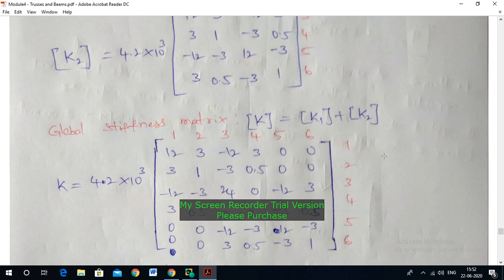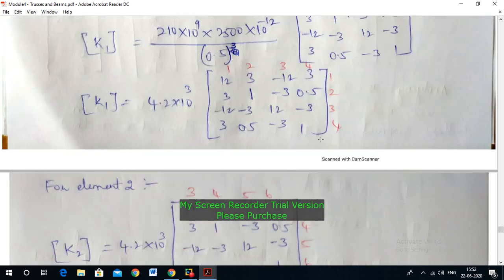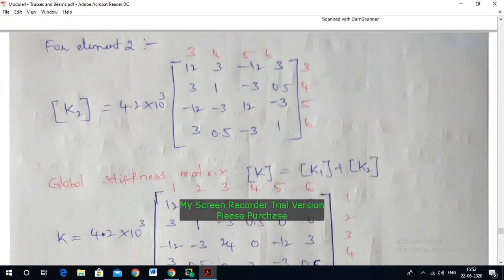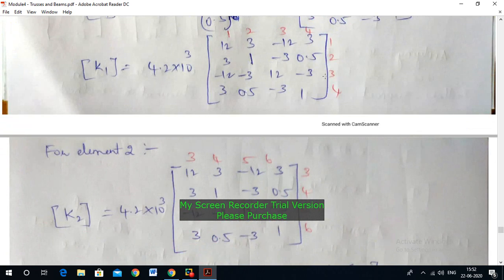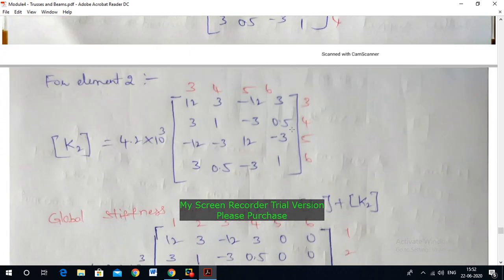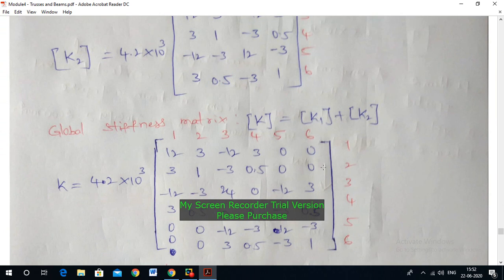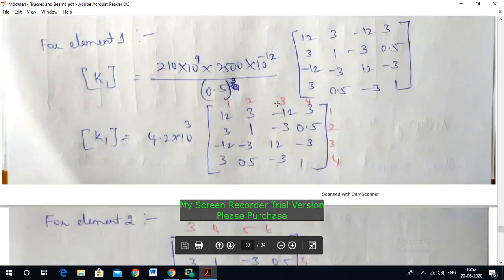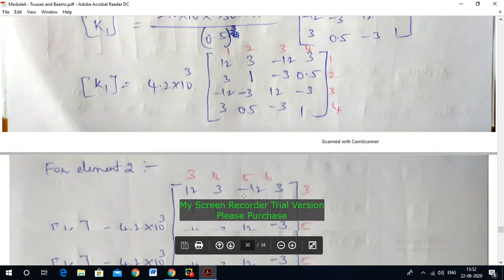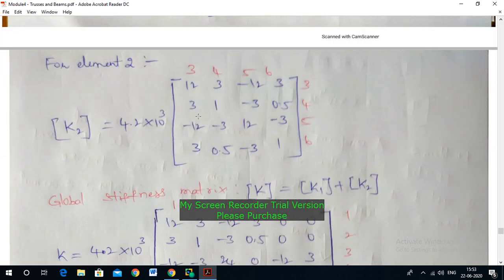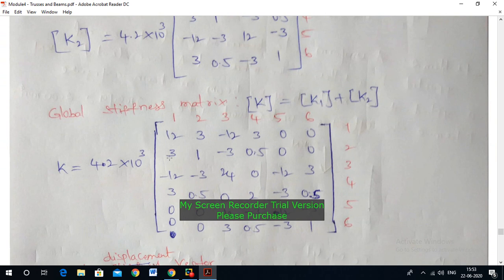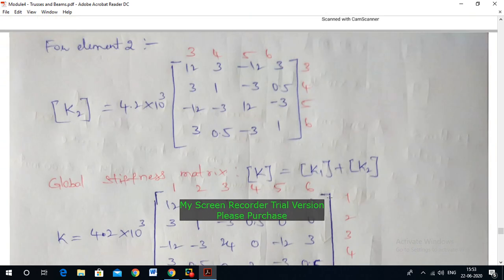Next, the element corresponding to first row, fifth column. In matrix 1 there is no fifth column corresponding to the first row, there is no element, but there is an element corresponding to first row and fifth column in the other matrix, hence 0. And next, the element corresponding to first column, second row, 3 is there, but there is no element corresponding to first column and second row, hence 0. 3 plus 0 is 3.